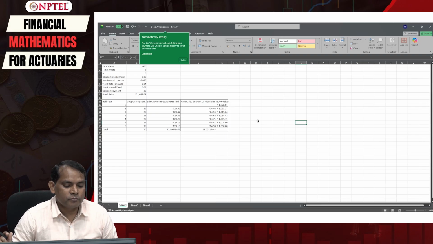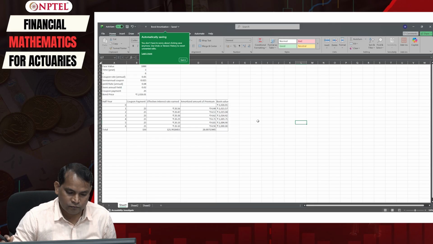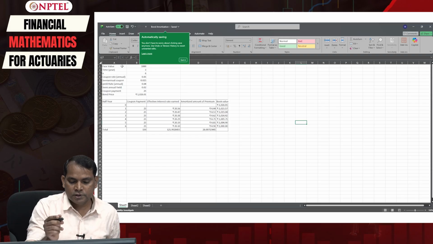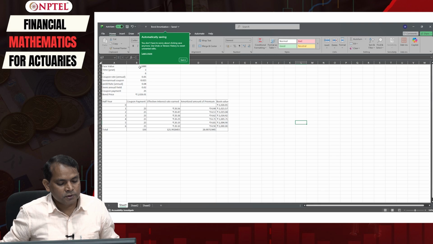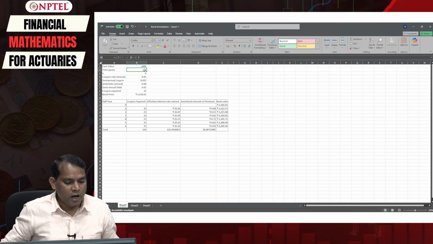bond of face value of 1000 rupees, a 3-year bond with semi annual coupon interest at the rate of 5%. So the face value is written here, type 1000, and then time is 3 years, and therefore n can be computed as 3 multiplied by 2 is 6.